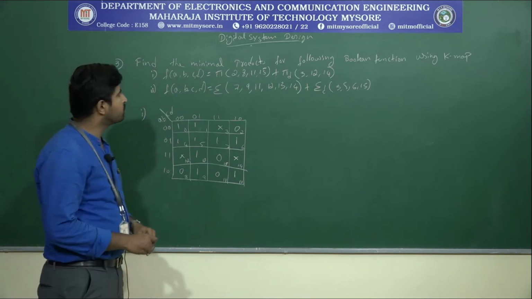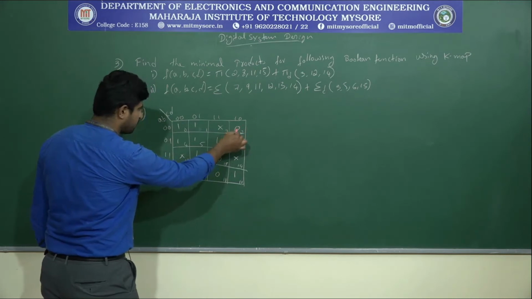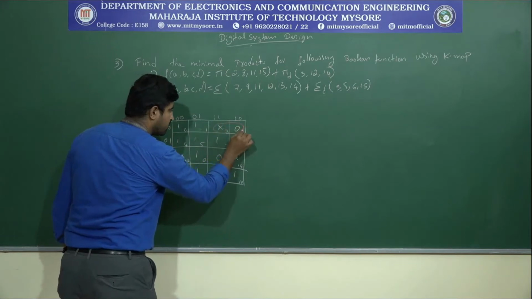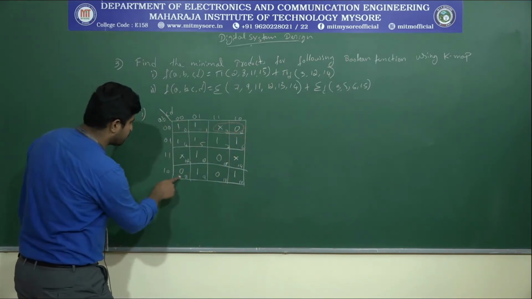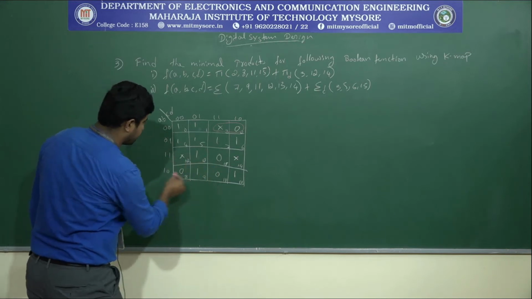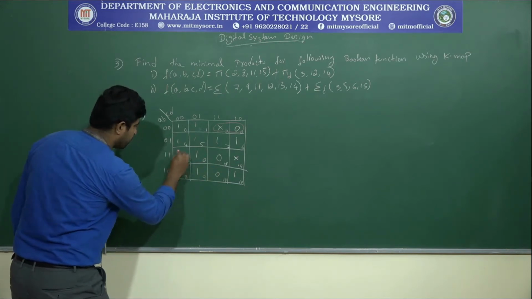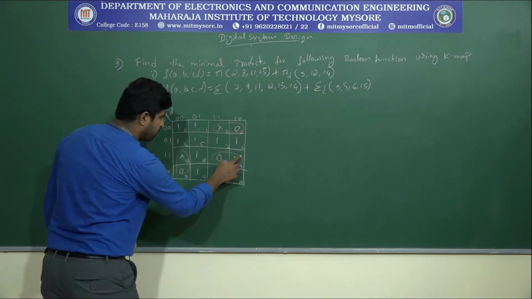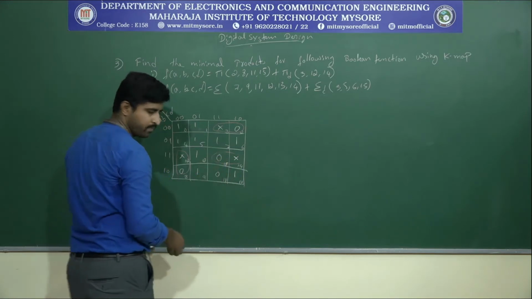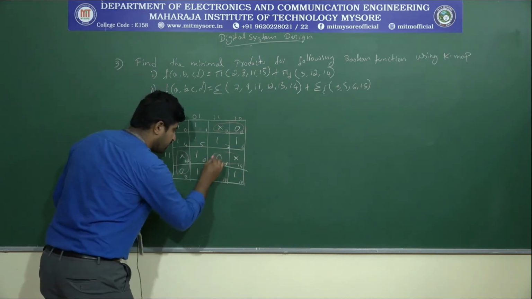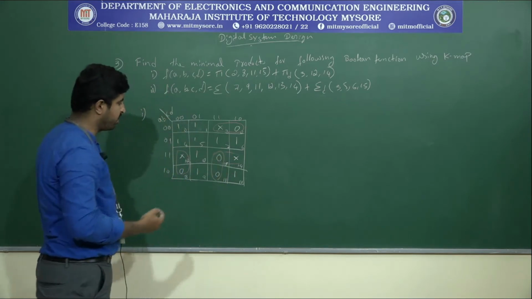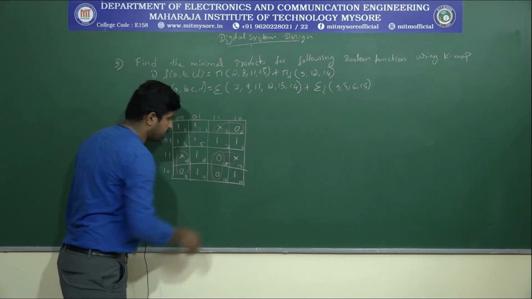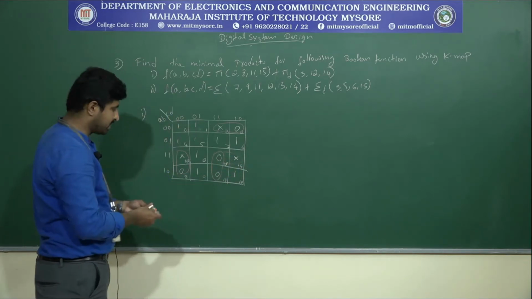So let's make the logic 0 group. So adjacent to this one, only these 2 are adjacent, so these 2 can be grouped. Next 0, x is there, so that means only these 2 can be grouped adjacent. Here we no need to group this actually, because 0 is here only, so we can group this one only. 11 and 15 can be grouped. There is no need to include this don't care term. So what is the simplified expression?